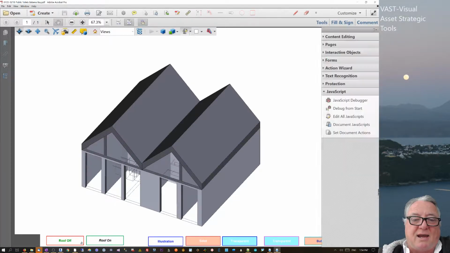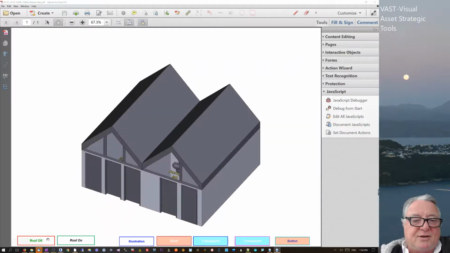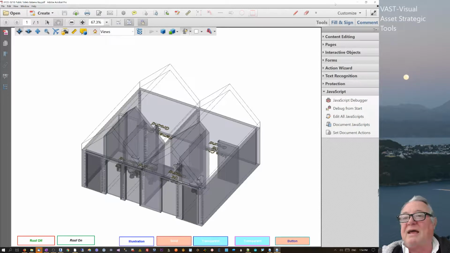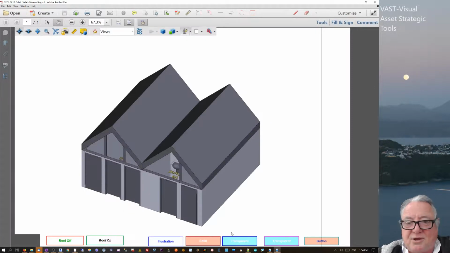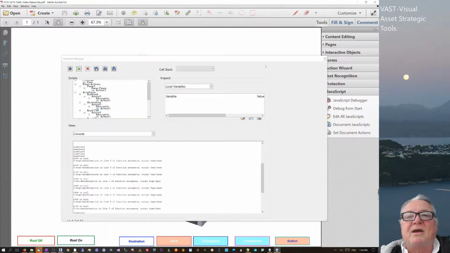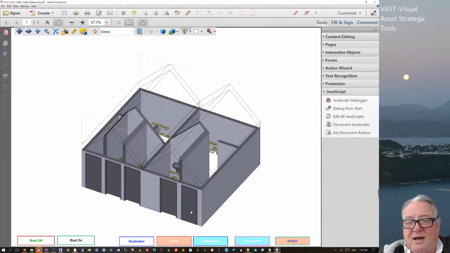So there was no color. If I turn the roofs off, if I turn it to transparent, and if I close back out of that again, you'll see when I come back in again. Oh, sorry, one of the things there again, it doesn't do. But if I go to transparent and I go to roof off, you'll see I can't even save it because it actually doesn't see that anything saves. These are just actions, which are transitory ones inside Adobe, which is done by the JavaScript, but they're not